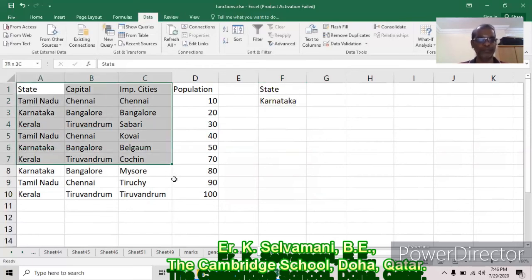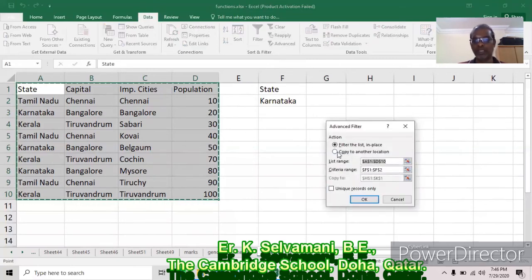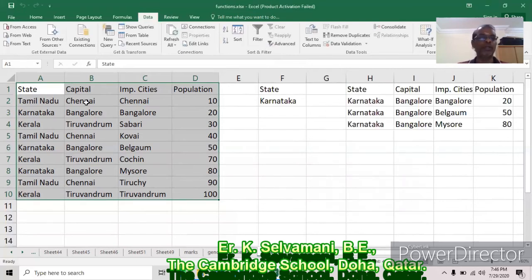Select everything. Go to advanced filter. Copy to another location. Here I like to place H1. Simply click OK. The important cities or details of the Karnataka will be extracted from the table and placed in the H1 column. This is the usage of advanced.